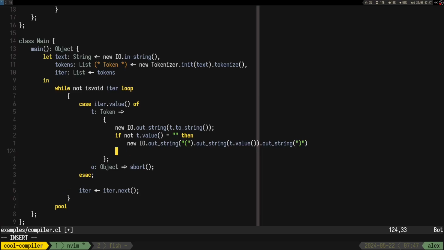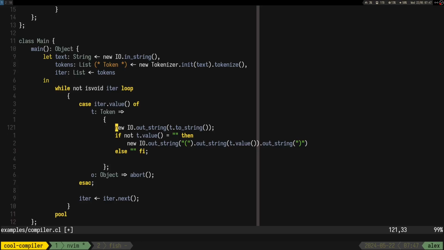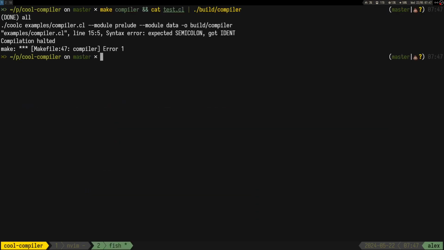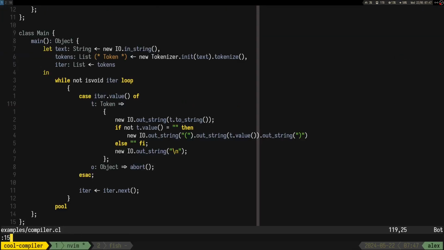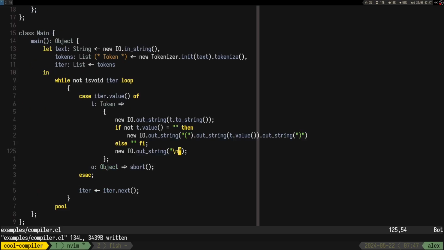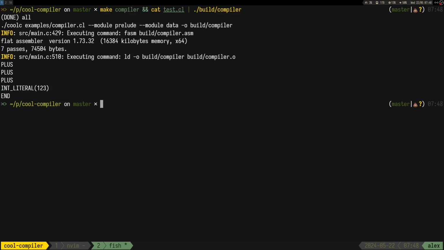Else we don't do anything. Line 15. Okay, yeah, this one. Okay, so we actually get something. Actually made a small part of the lexer in this language.